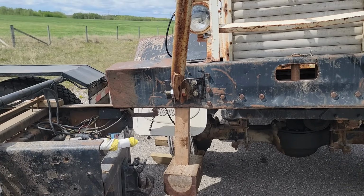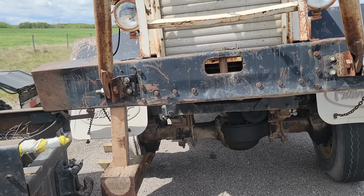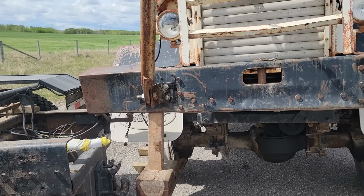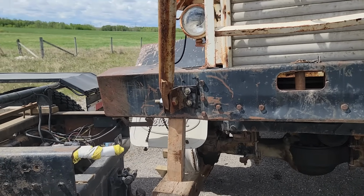Everything works good in theory, right? Did it just bend the bumper? It bent the frame rail. Did it? Yeah, it tweaked the corner down just a hair,